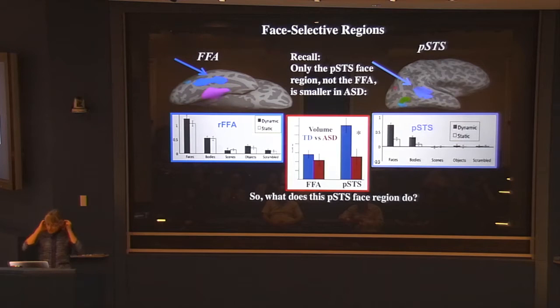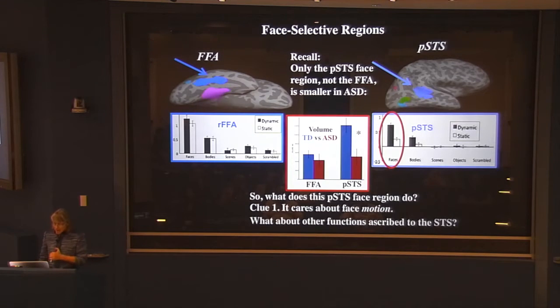And so what we want to know first is, what does this region do? The first clue we already have is that it cares a lot about face motion. I don't know where to go with that, but I think it's very compelling. There's something you get from a 3-second movie clip of a face that turns on that region much more strongly than 3 consecutive stills in the same order from the same movie clip. I mean, they're really similar, and yet not to this part of the brain. So there's something that video supports perceptually that the stills don't.